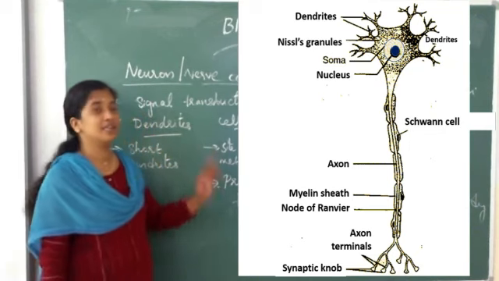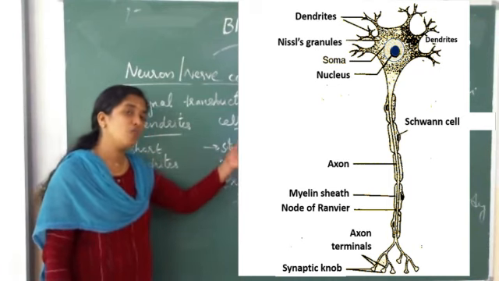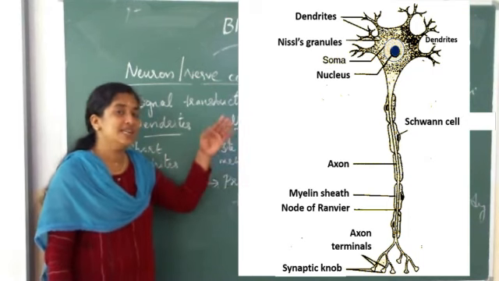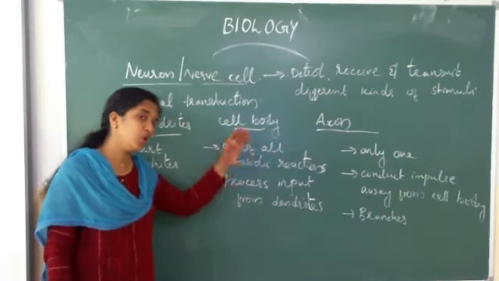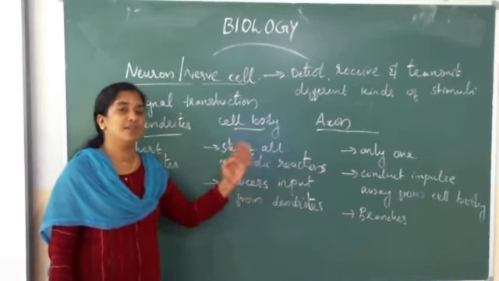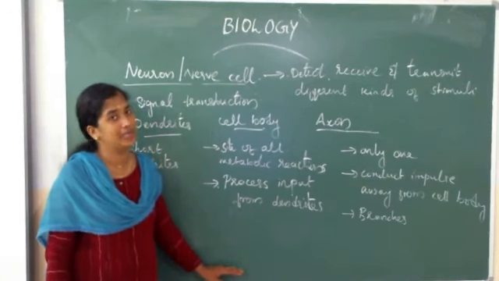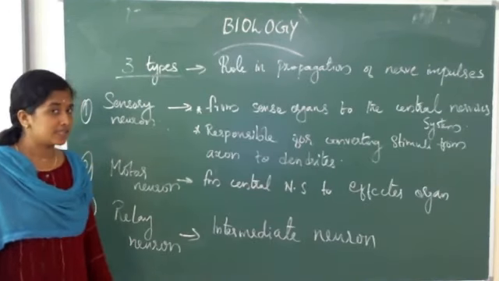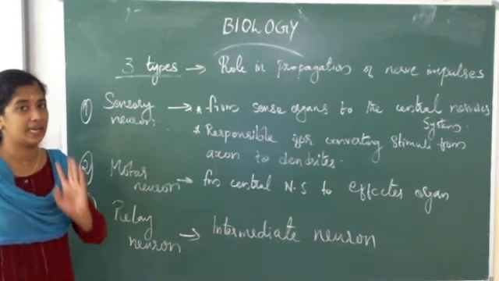I think this part is clear to all students. Like in this way, a number of neurons are present in the body. They are arranged one by one to form a network or chain-like structure. Through this structure, impulses and stimuli travel to coordinate and control all the activities of human beings. Clear?